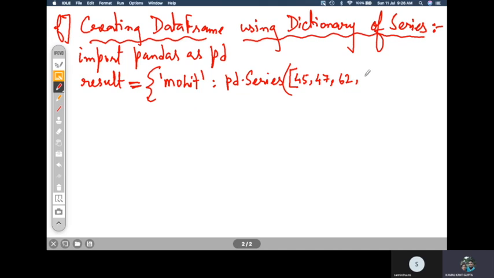In annual he has got 65. Okay, and then we have to define the index. So index is equal to the names of the tests: UT1, UT2, half yearly, and session ending.